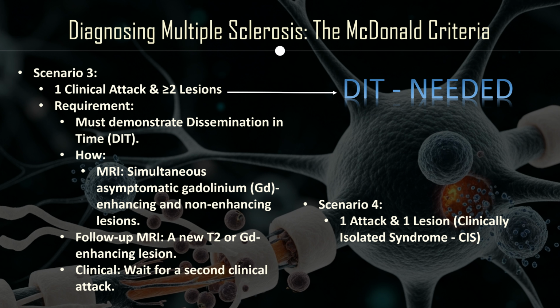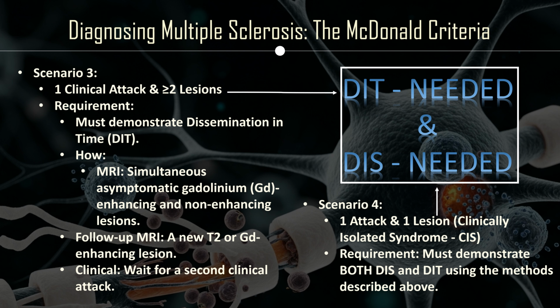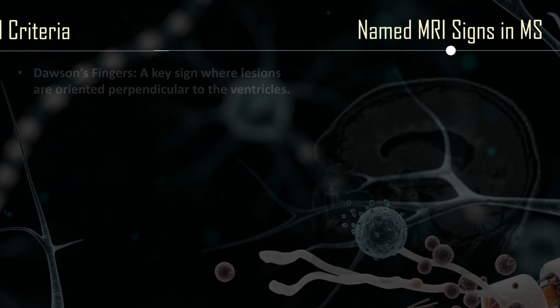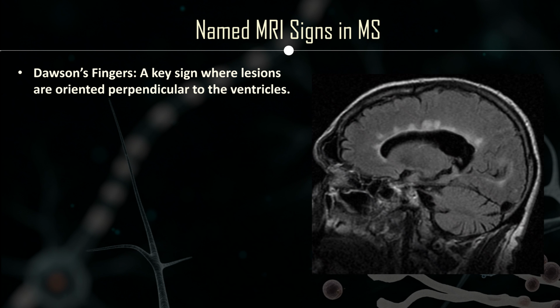Finally, Scenario 4. This is the most challenging, presenting with only 1 attack and 1 lesion, often referred to as a clinically isolated syndrome, or CIS. In this situation, we must demonstrate both dissemination in space and dissemination in time, utilizing the comprehensive methods we've just described for each. Beyond simply counting lesions, there are specific, named MRI signs that significantly increase our diagnostic confidence in